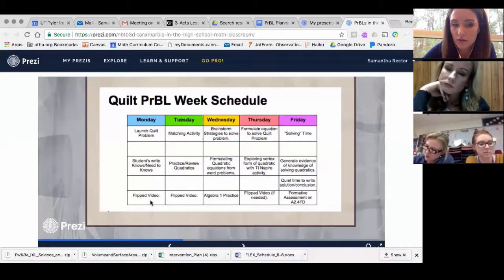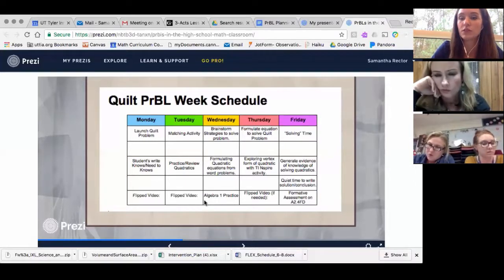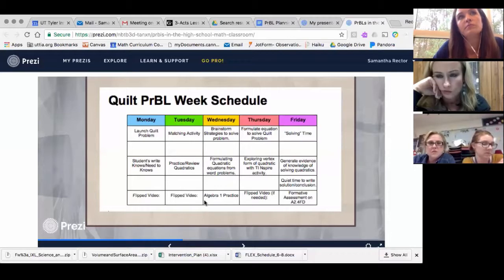And then another time for your flipped or blended and ready to go for Wednesday. On Wednesday, you would go into a brainstorming time, either together or in your small group. And then you would try to come up with strategies to help solve that problem. Okay. And then you would move on from there to maybe doing some more practice type things with